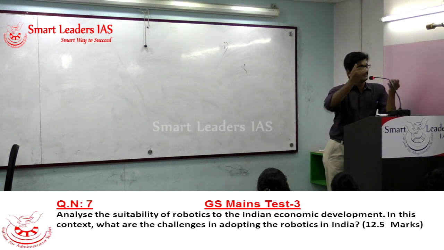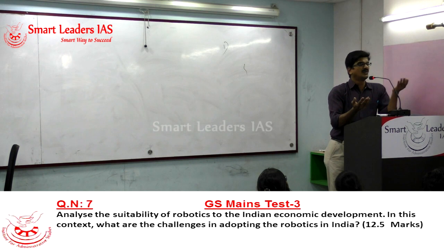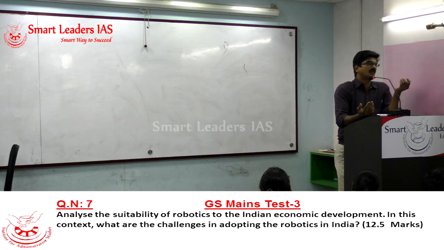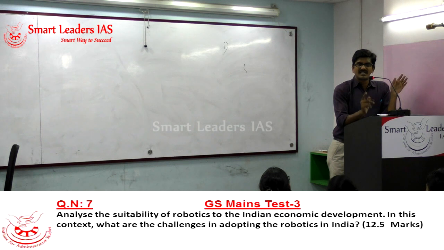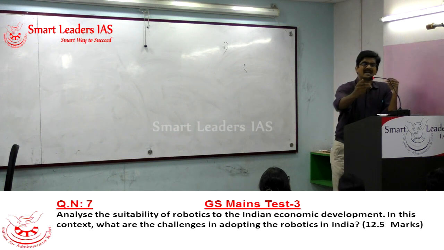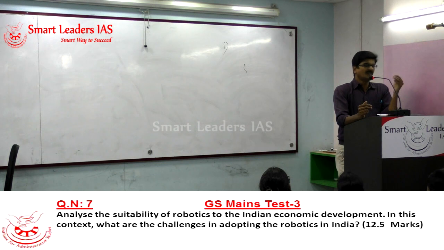Right? So first, academic challenges: we don't have quality institutes teaching. We don't have quality faculty to teach. We don't have sufficient infrastructure to enable the students to understand the topic. There's a report that we are recreating robotics based on knowledge that already exists in the public domain. So that is innovation. So this is from the academic perspective. From the industry perspective,